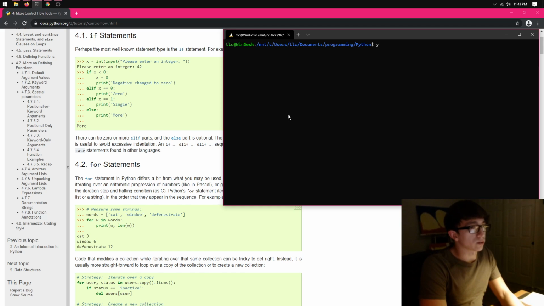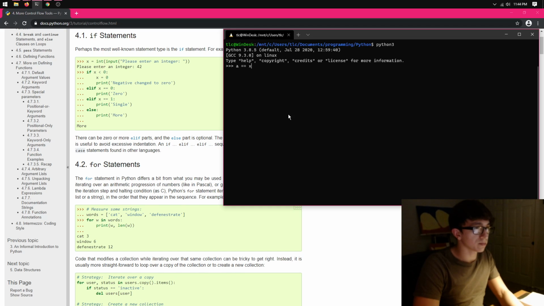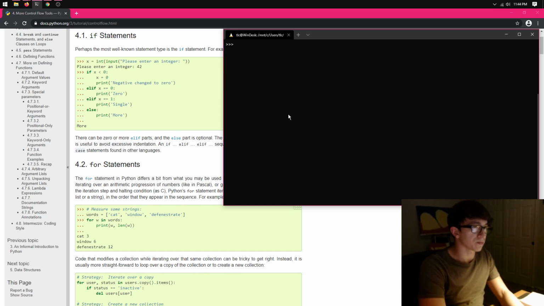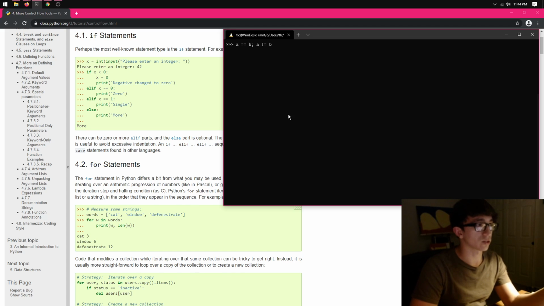So if you go into Python, the comparisons we have are as follows. We have equality. This says if A is equal to B, meaning they're equivalent. You have A is equal to B, so saying their values are equivalent. Then you have A is not equal to B, and everything here evaluates to either true or false,